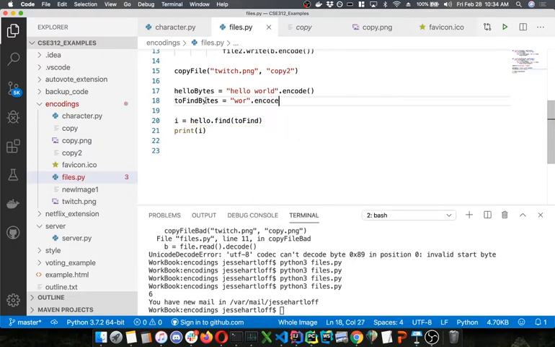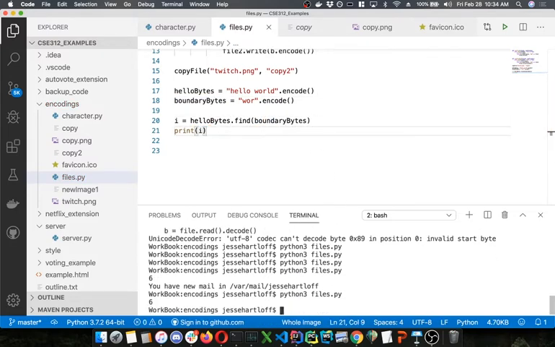Well, we take our boundary. Well, in Python, we do the same exact thing. And we get 6. So instead of finding on strings and saying, give me this character sequence in this